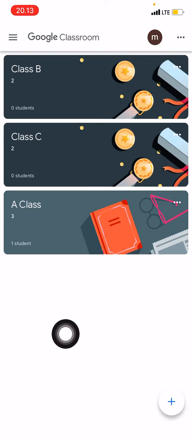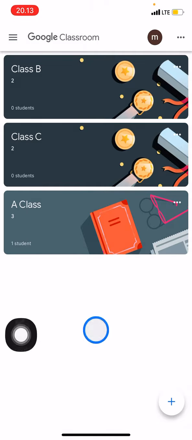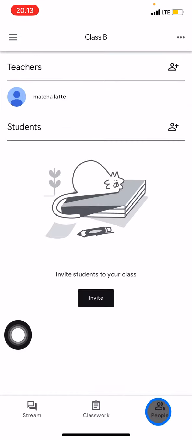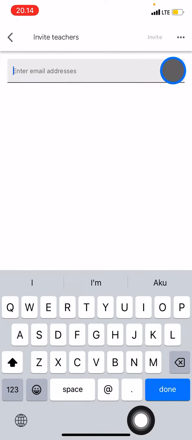And how to do a collaborate, just need to decide which class that you want to invite your friends, your teacher, your co-worker in. So for example, I want to do with the class B, and I want to add my friends to be the teachers too here. So you just need to take a look on this button features and just go into the people. In the teacher section, just need to click this people with the plus button,